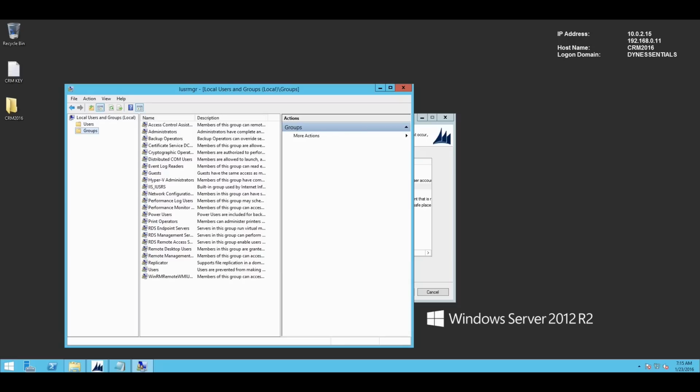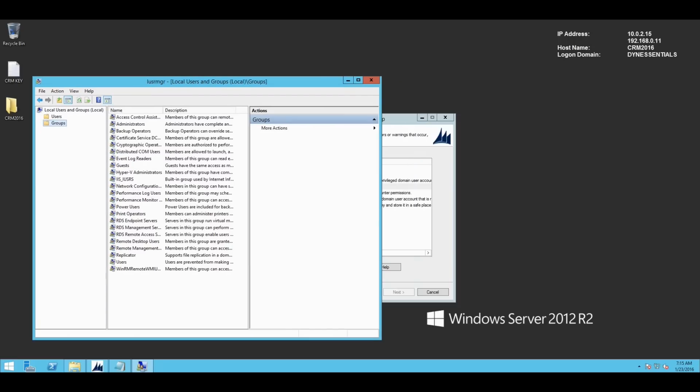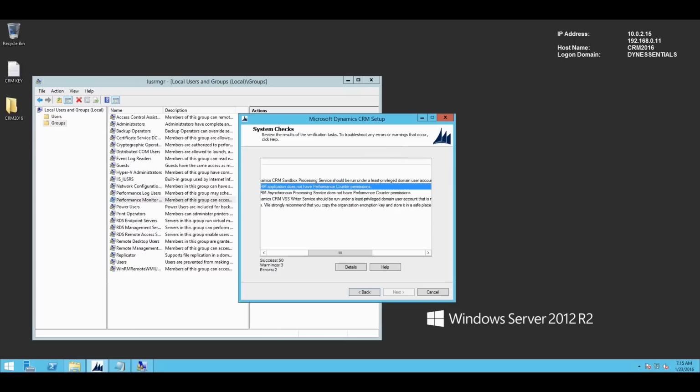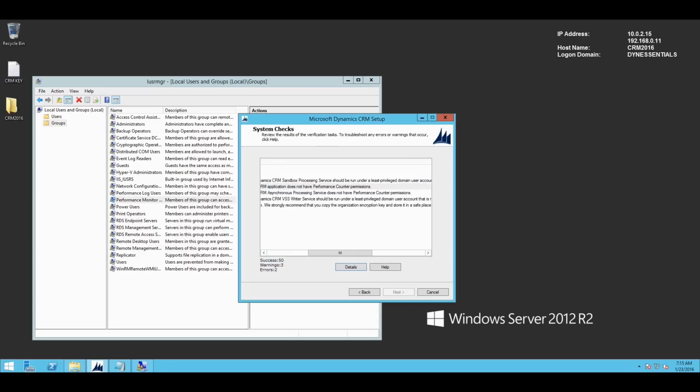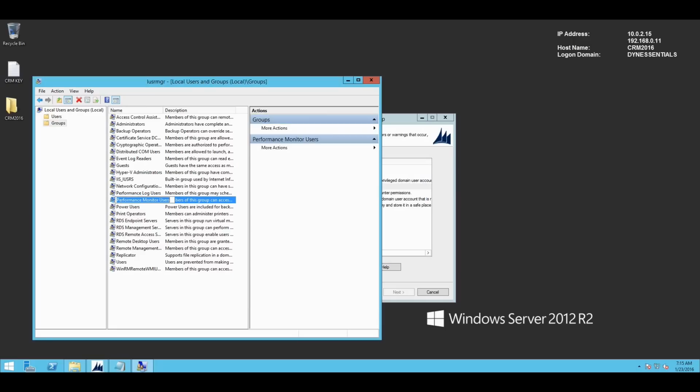We're going to go to groups, and you can see that under groups, if you hit detail here, it says the account specified to run the Microsoft Dynamics application does not have the performance counter permissions. So what you need to do is to add it